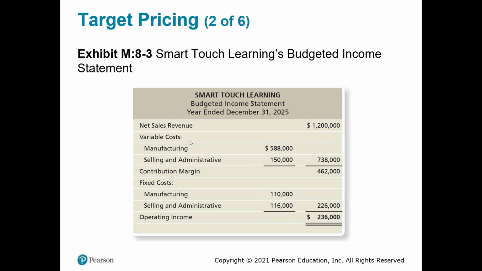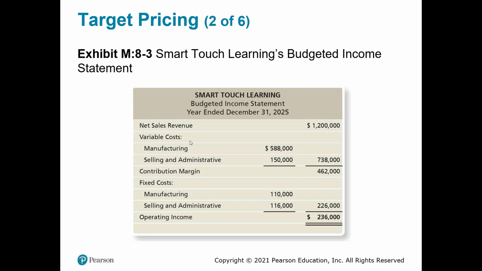We have Smart Touch Learning over here. They have a budgeted income statement set up with the contribution margin approach, where they've separated their variable costs and their fixed costs. They are going to expectedly generate $1.2 million in revenues. They think that to get to those $1.2 million in revenues, they're going to incur $738,000 of total variable costs, leaving them with a contribution margin of $462,000, with which to cover their fixed costs. And after they pay those budgeted fixed costs of $226,000, they expect to have operating income of